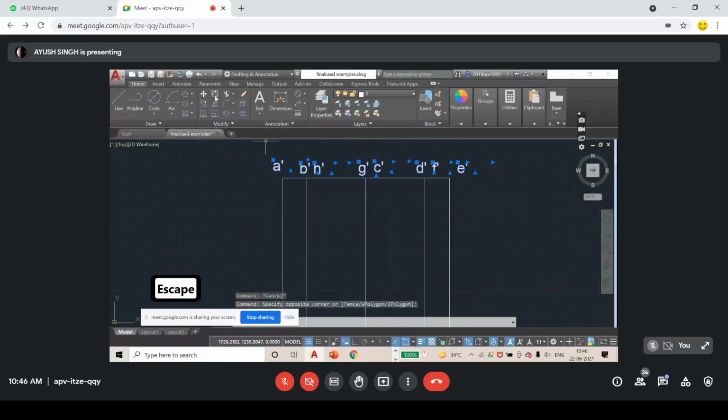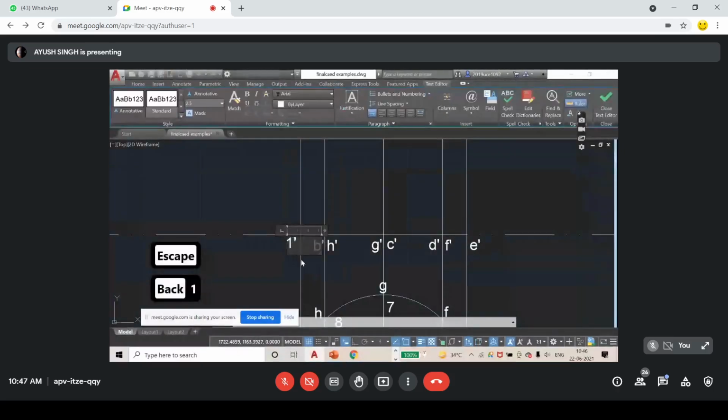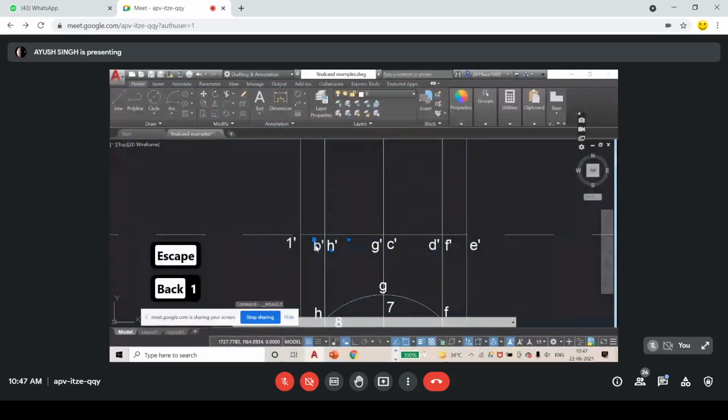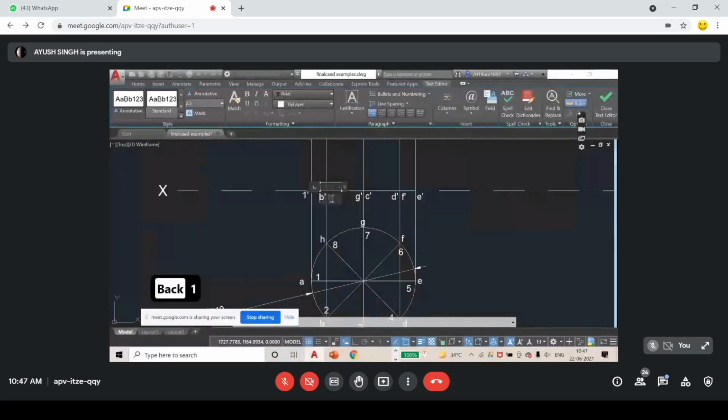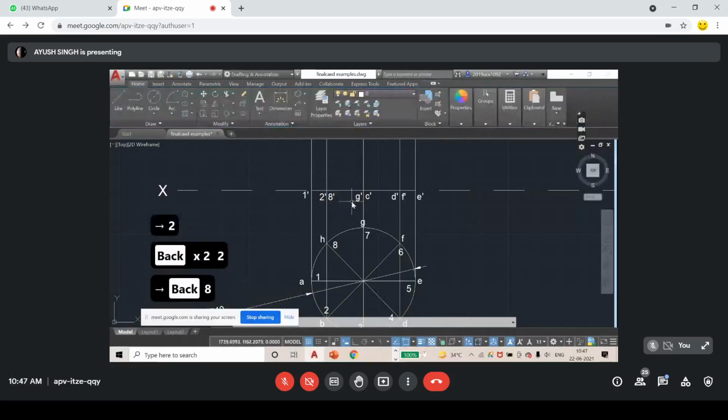I will copy them and place it here again and name them as 1 dash, and this was actually 2 and 8. So we have 2 dash and 8 dash, and we have next 3 and 7.